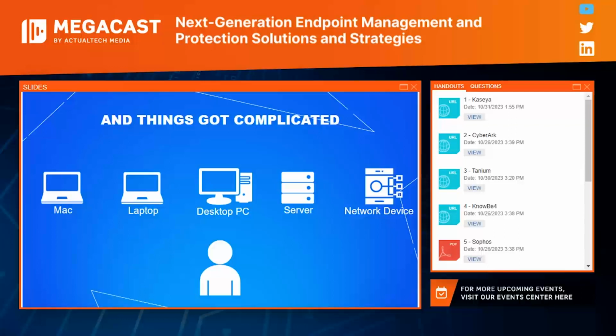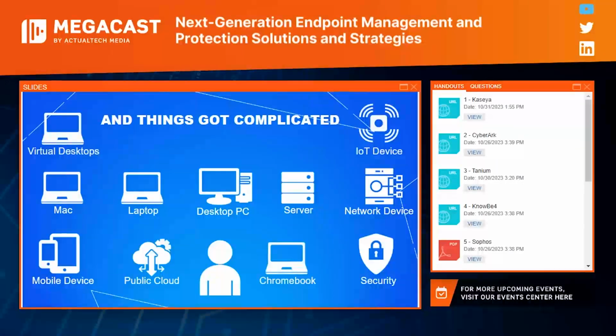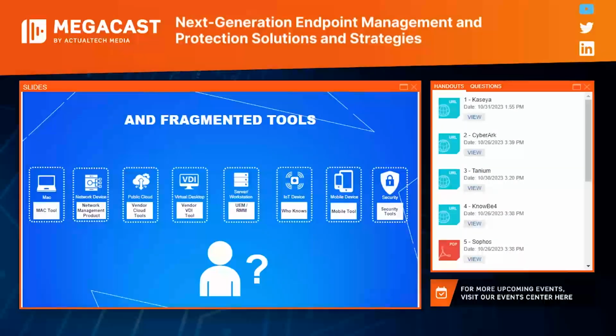So we have everything we had before, and we have Macs, network devices, security solutions, mobile devices, public cloud, private cloud, Chromebooks, virtual desktops, IoT. Oh my goodness, my head is spinning. How can we possibly be expected to manage this explosion in endpoint type and endpoint count? Well, there are always 2 answers when you are expected to do more with less. And generally, the only answer that businesses ever choose is technology. So the market responds. The market responds with these incredibly fragmented tools.